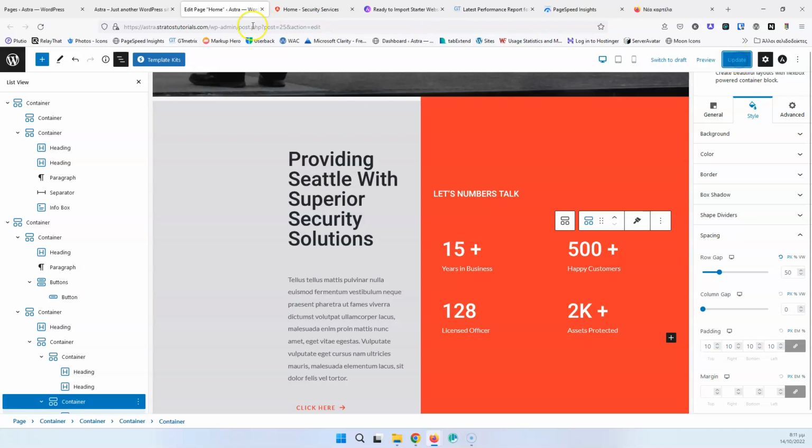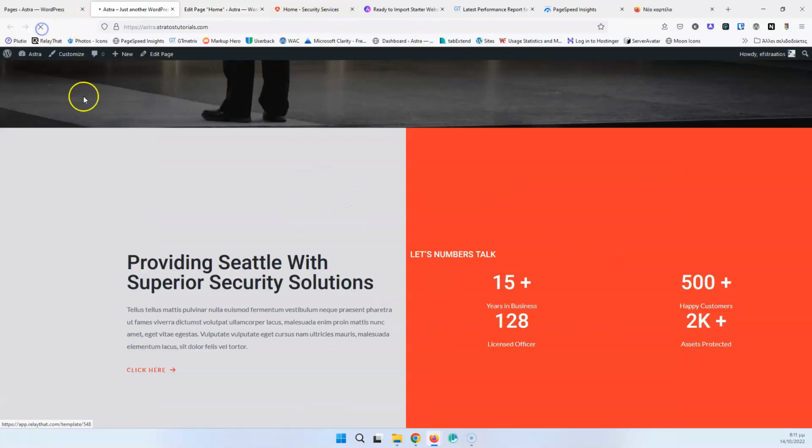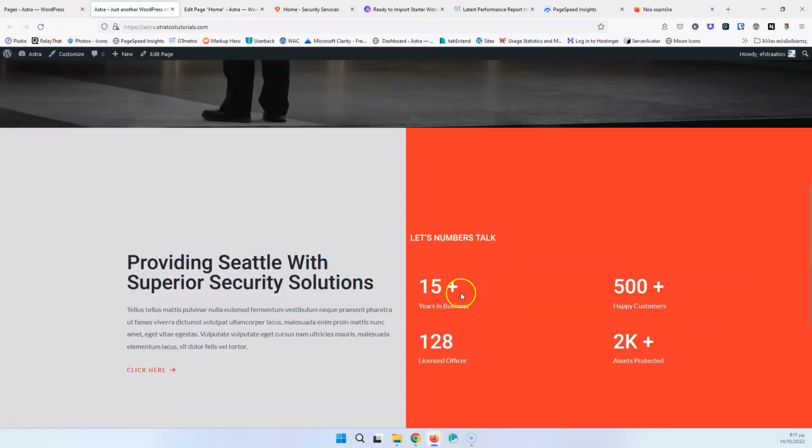Let's update that, and let's go in here and refresh the page to see if it has worked. As you can see, now I have the space. I need more space, but I'm not going to do that. I also need bigger text and bold, but I think that is easy for you to do. It doesn't matter. So the only thing that I'm going to do is put a little bit of left padding inside here, and also I'm going to align those letters to the left to go into the same line underneath